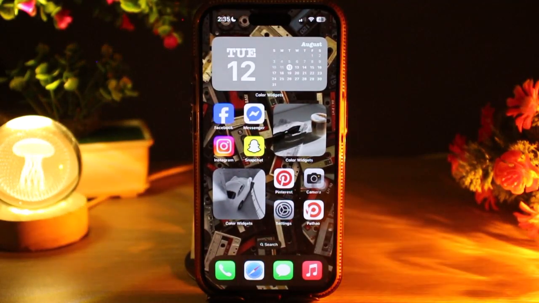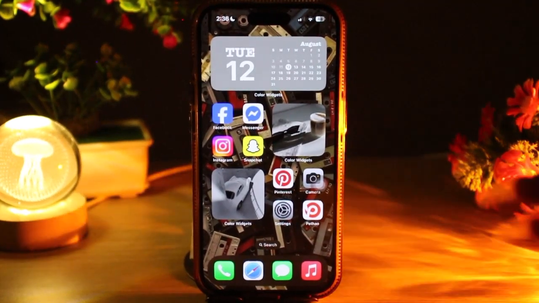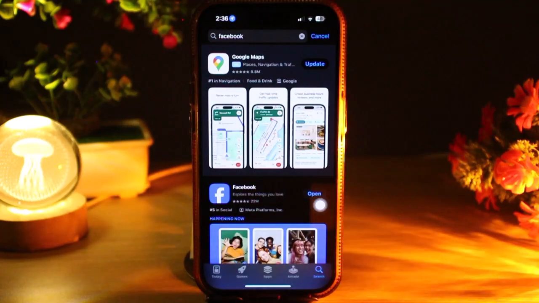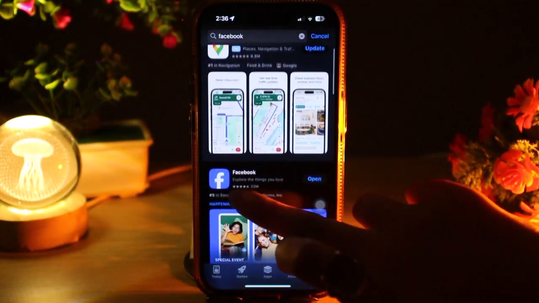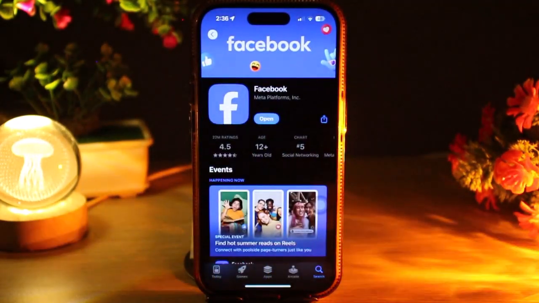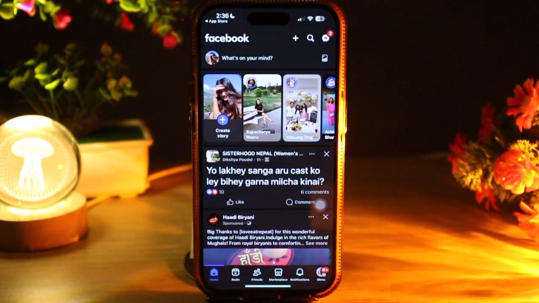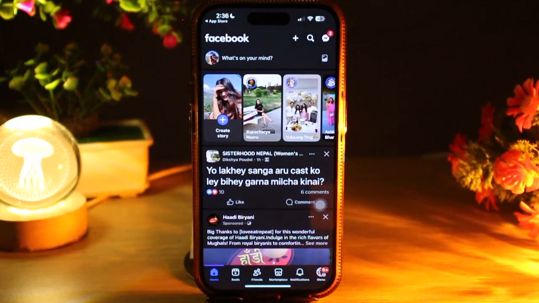Now to get started, first you need to go to your app store and download your app if you haven't. So go to the app store, then search Facebook on your search bar. After this icon pops up, tap on that and then tap on install and open up your app. Open the app and sign up with the email or phone number, or if you have an account, you just